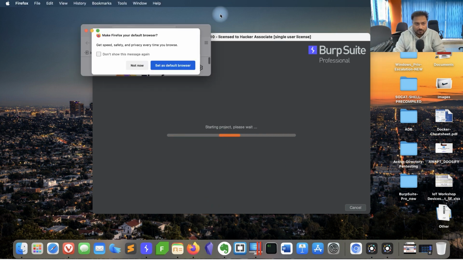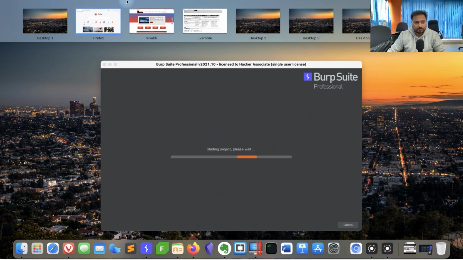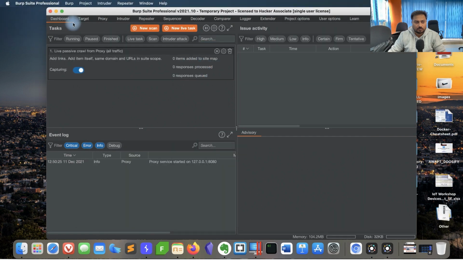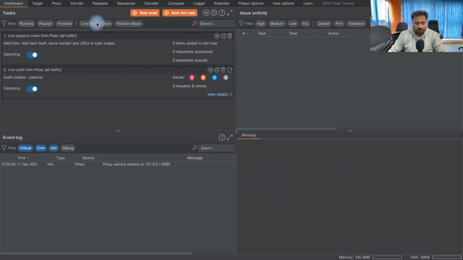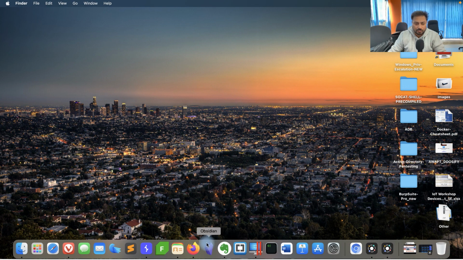Let's open Firefox, and let's create a workspace. I'm using an Apple M1. Here you can see this is my Evernote and this is Burp. Let's go to Burp and make it full screen. I have a lot of add-ons installed in my Burp Suite, so it will take a little bit of time, just wait for it. Once all the extensions load, we're going to start our application assessment. Here is the proxy. I think it is still loading, and by that time we'll go to the browser and configure it.